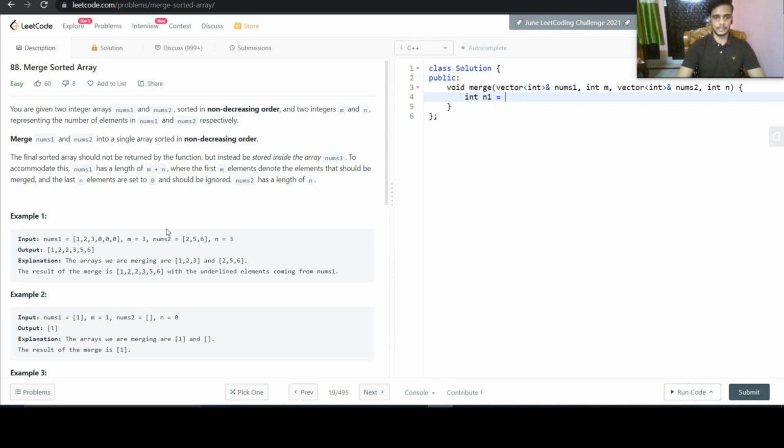So let n1 be equal to m, let n2 be equal to n, and let n3 be equal to m plus n. Since the array index starts from 0, let us do minus 1 here.